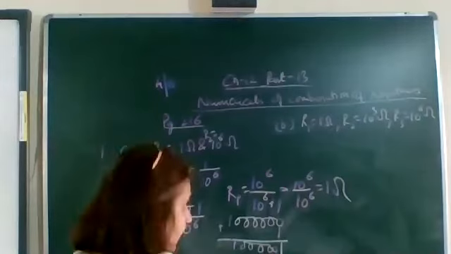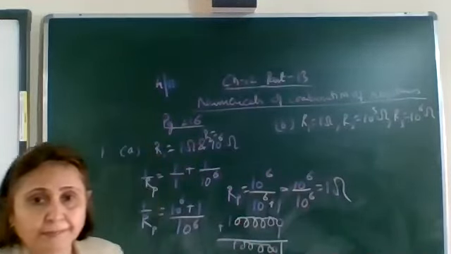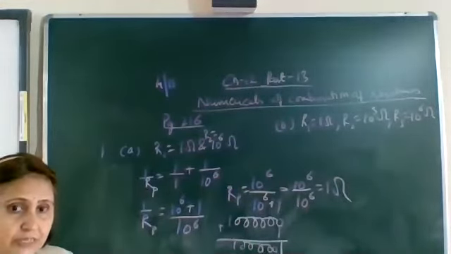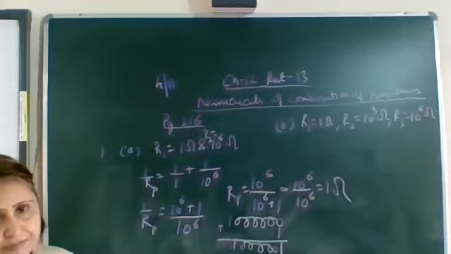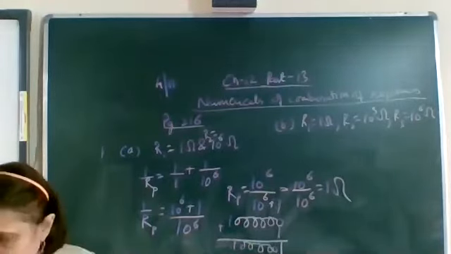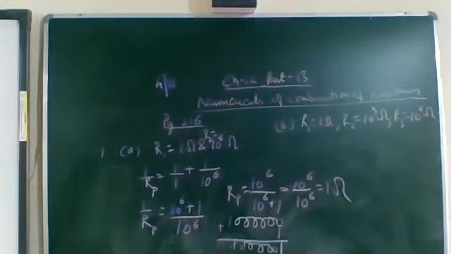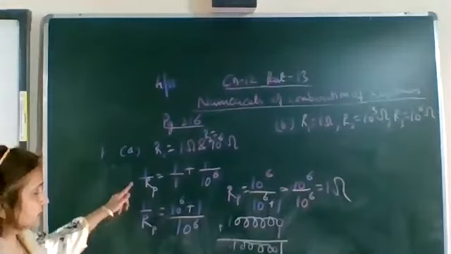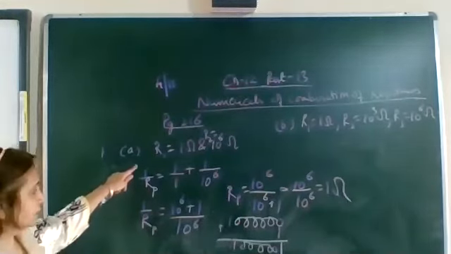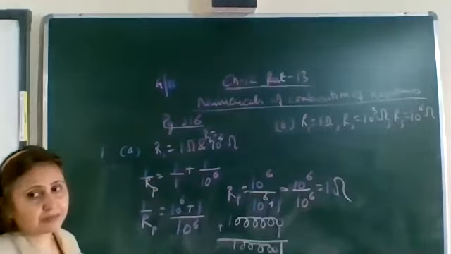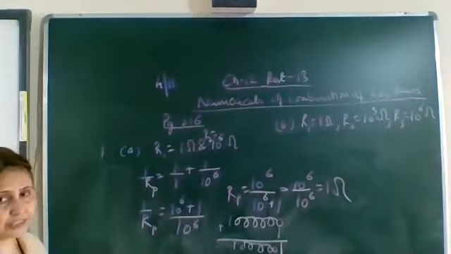I give you 1 minute. The same way you will proceed. Find the equivalent resistance. The approximate value you will get: 1 upon R is equal to 1 upon R1 plus 1 by R2 plus 1 by R3. Solve it in 1 minute. After that I am going to solve it on the board and you can check your answer. In the same way you will proceed as they are connected in parallel: 1 upon Rp is equal to 1 by R1 plus 1 by R2 plus 1 by R3. Now there are three resistances.